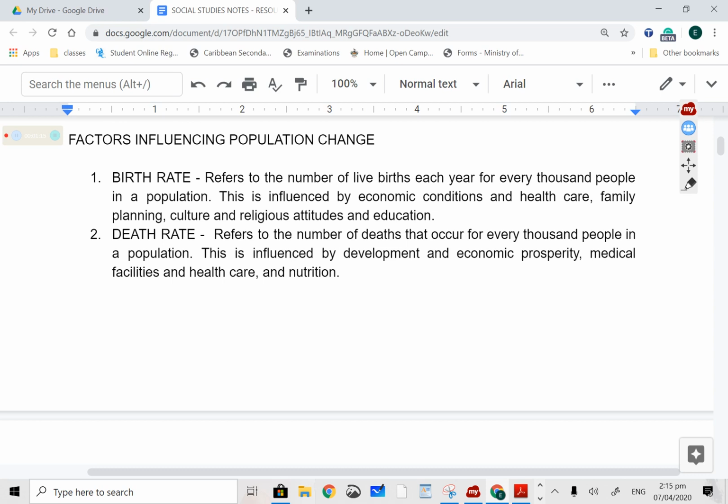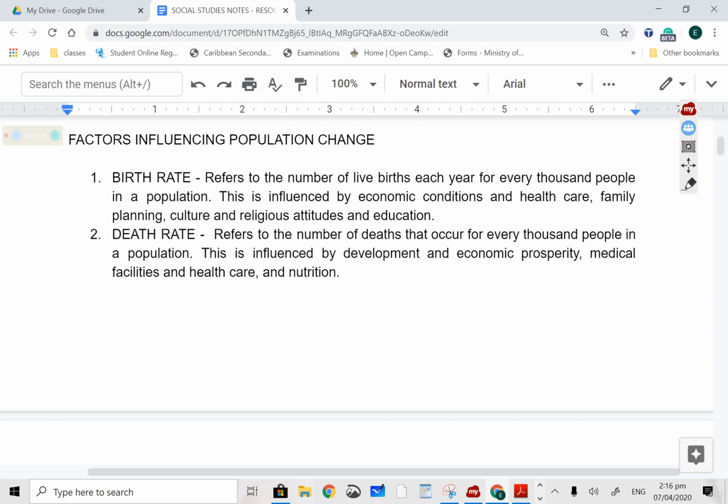Again, I'm going to repeat it. Refers to the number of live births each year for every 1,000 people in a population. Now, why they have the additional information is because birth rate can be influenced by your healthcare system, how good your healthcare system is for pre and postnatal care, right? How healthy citizens are in your country in terms of if they have proper nutrition and etc. in order to actually not just become, for a female to become pregnant, but to actually deliver a healthy baby,